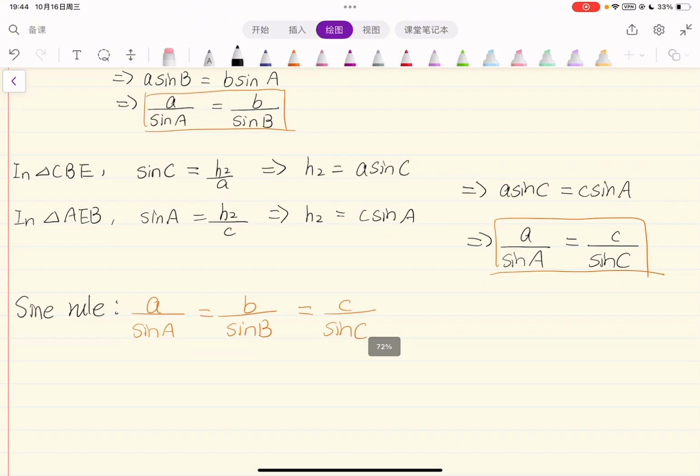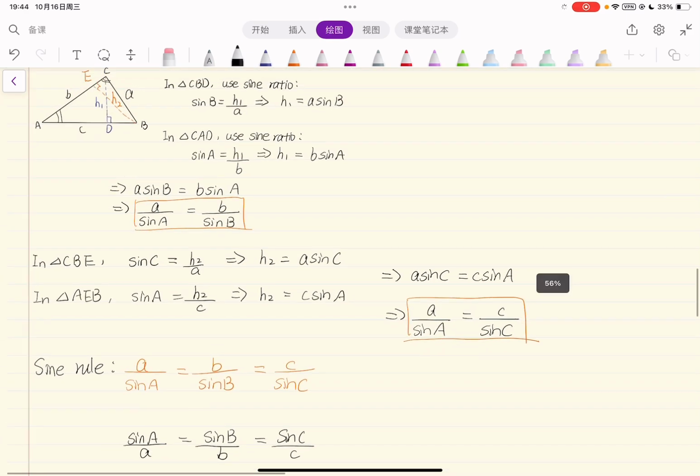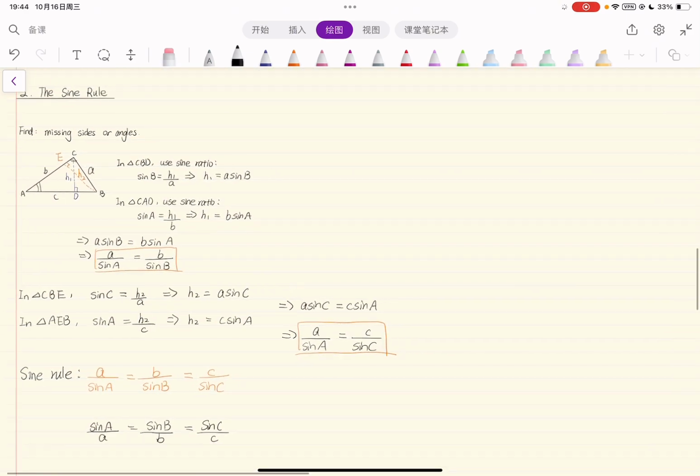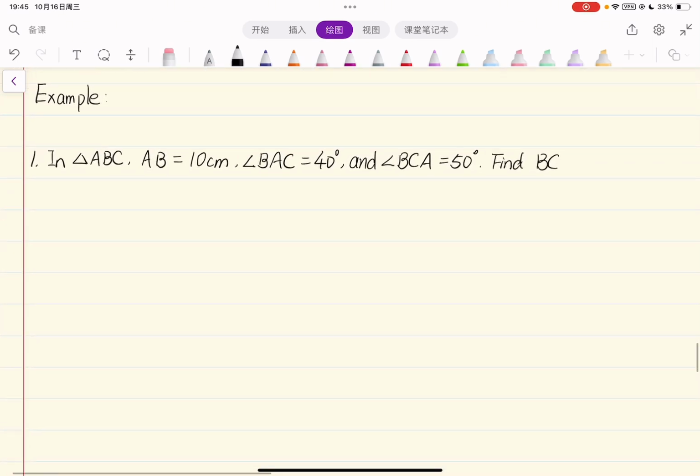Also, you can have another form that is sin A over a equals sin B over b equals sin C over c. Now let us see some questions using the sine rule. So, question 1. In the triangle ABC, AB equals 10 cm, the angle BAC equals 40 degrees,